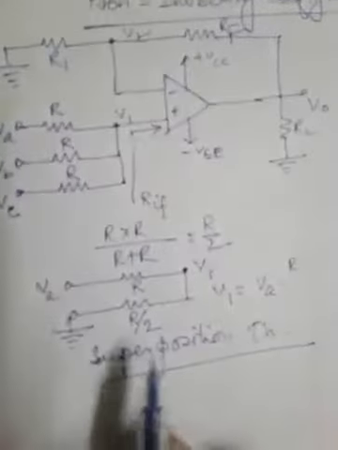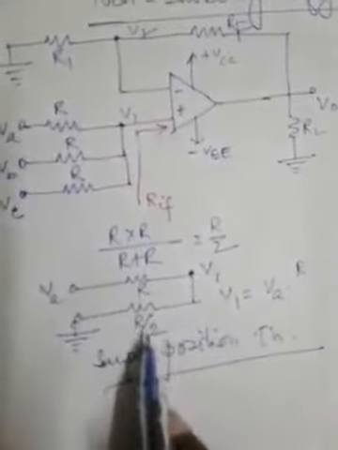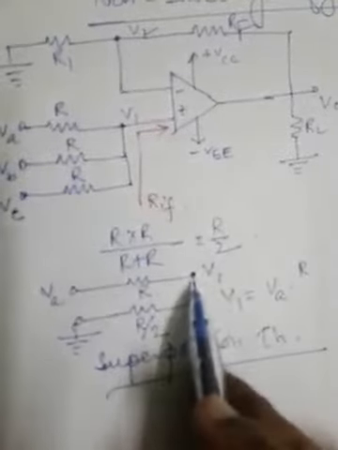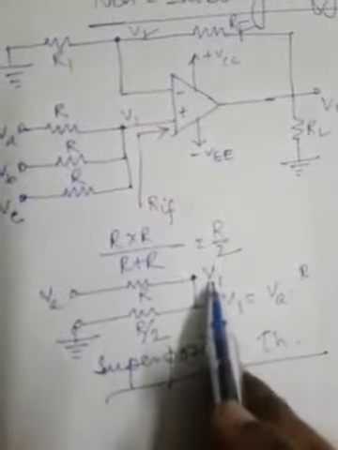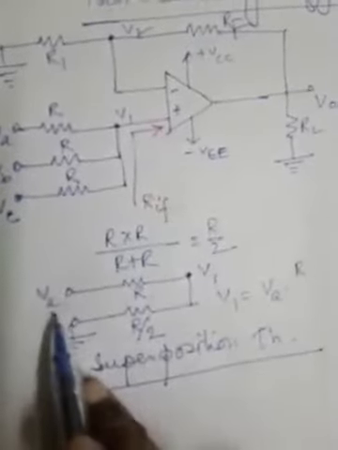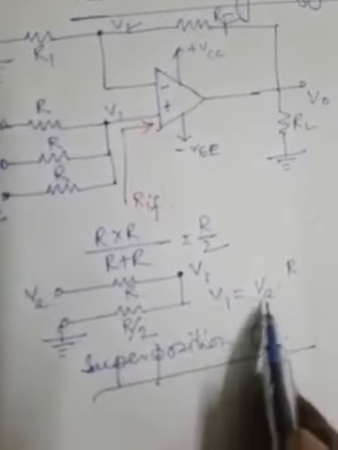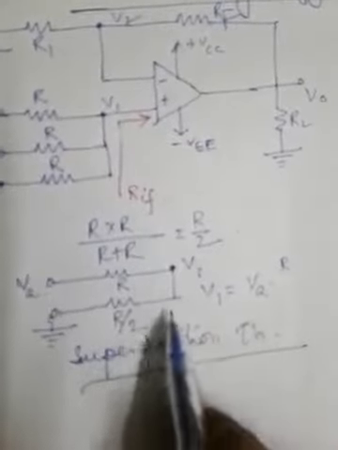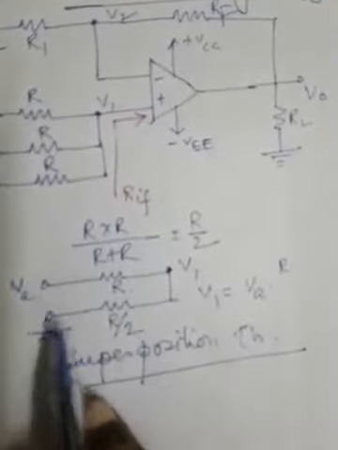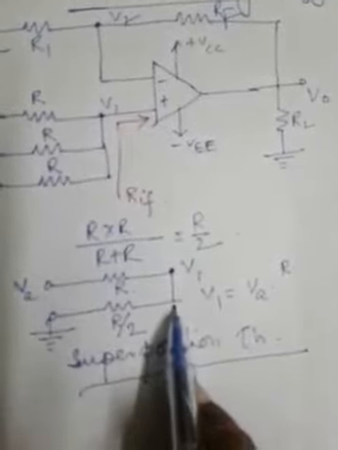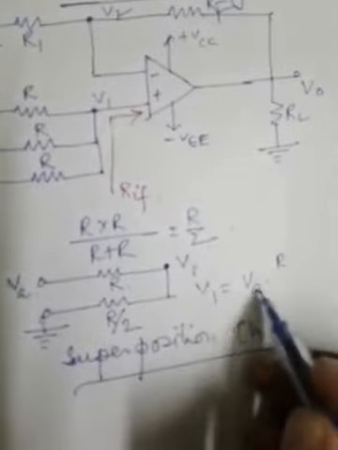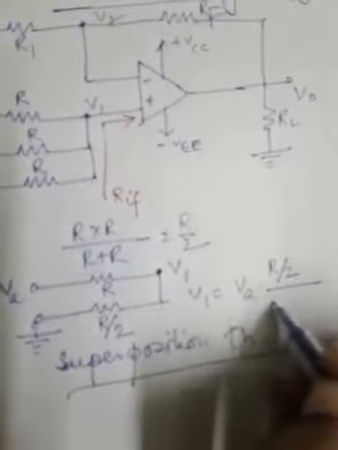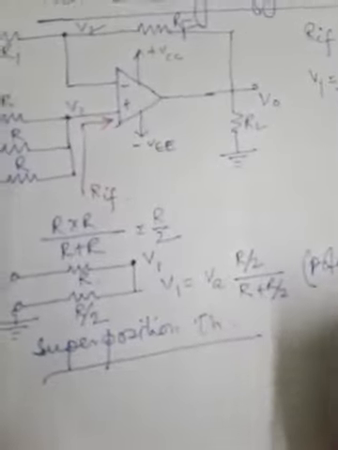So this equivalent circuit will now look like two resistances R and R by 2 in series, and the intermediate node between them is having voltage V1, and V1 is to be found with respect to VA. So applying the potential divider rule, V1 equals VA into, since V1 is the voltage across this R by 2 because V1 is measured with respect to ground now. So V1 should be VA into R by 2 divided by R plus R by 2, the two series connected resistances. This is as per the potential divider rule.